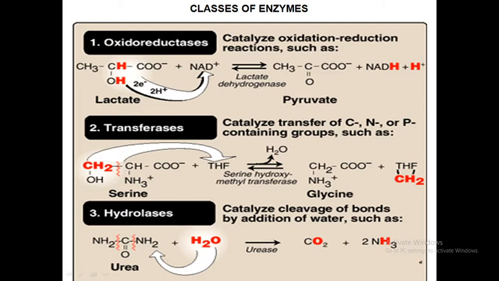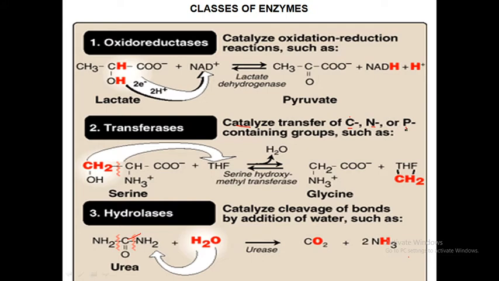Today we have to understand the transferase class of enzyme. This class of enzyme is important in catalyzing the transfer of carbon groups, nitrogen containing groups and phosphorus containing groups. Thus alkyl groups, acyl groups, ketonic groups, aldehyde groups are of carbon type. Then the amino group is of nitrogen.